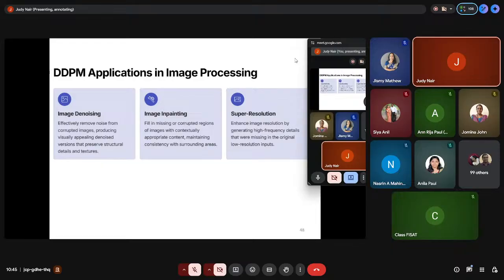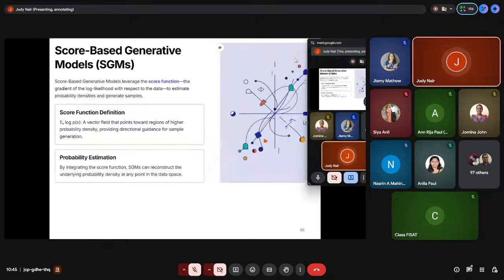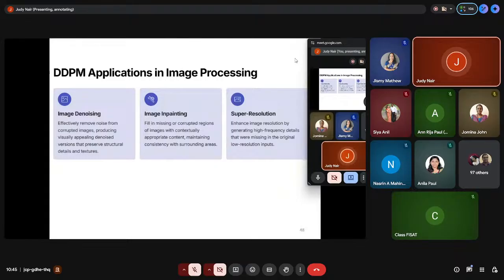Okay, so these are the applications of DDPM. As we know, this was the initial one, and all these applications we can use with DDPMs also. Image denoising can be used because it works as a denoising application, and image in-painting or super resolution, all these applications can be used with DDPM. So this is the most famous, initial one. Then DDIM has also come in, which we will also discuss.